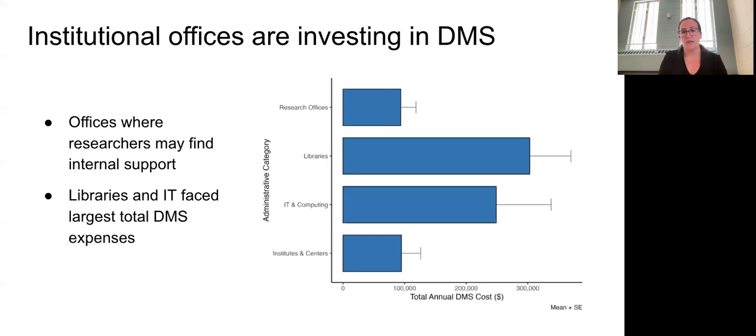So our 4 units we have here, and I'm sorry, it's a little bit hard to read on the vertical axis, but these are research offices. So things like sponsored projects or the Office of Vice Presidents for Research, IRBs, things like that, that might review grants, libraries, IT and computing units. So this might include research computing as well as central and departmental IT offices. And then institutes and centers are on the bottom. And so these are other pockets of independent research support or research offices that support more than one project around campus. And provide kind of unit or collegiate level support.